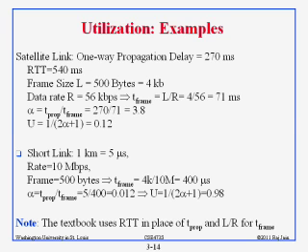So alpha is T prop upon T frame. Now this is one way propagation delay. Remember, this is not round trip, so don't get confused here. T prop, one way propagation delay, is 270 divided by frame time 71, so the alpha is 3.8. If alpha is 3.8,